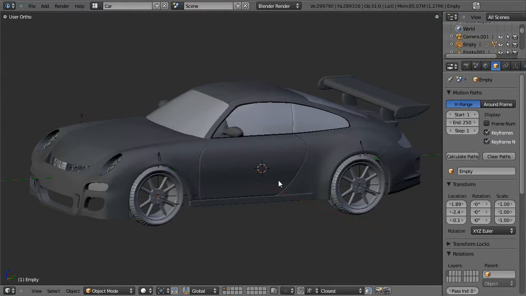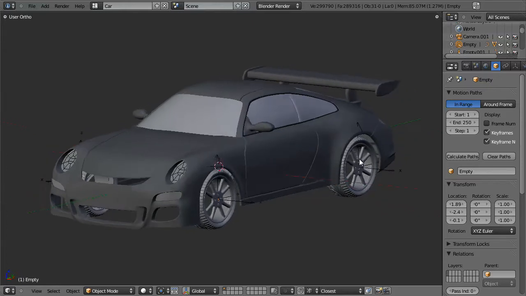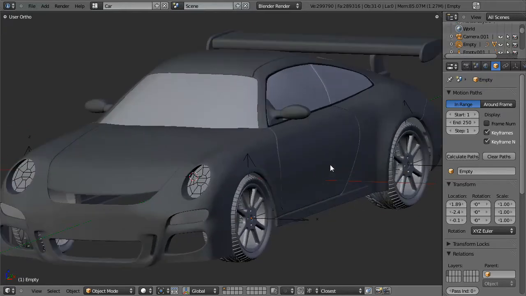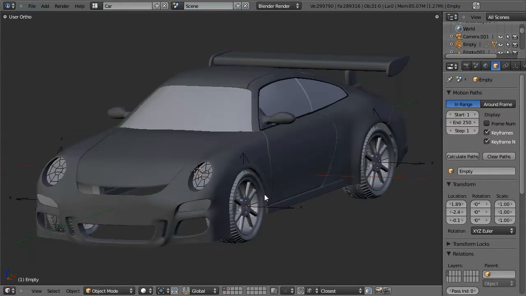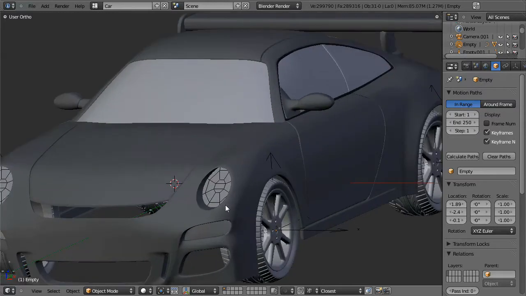And so I'm going to go ahead and tackle as many of these areas as I can in a time-lapse section to create a more accurate model from what we've been working on. Again, using all the same techniques as before. Now, a couple things that I will not be doing is, namely, I will not be doing the headlight area,